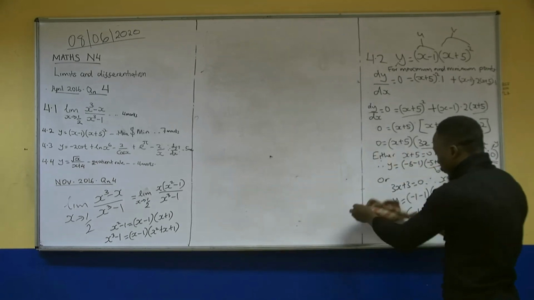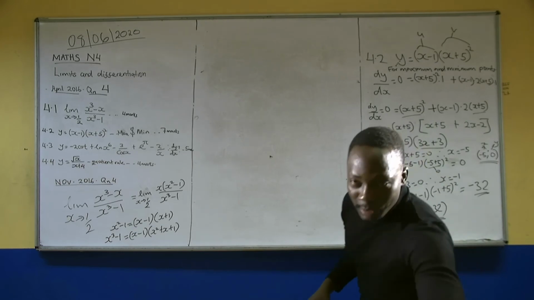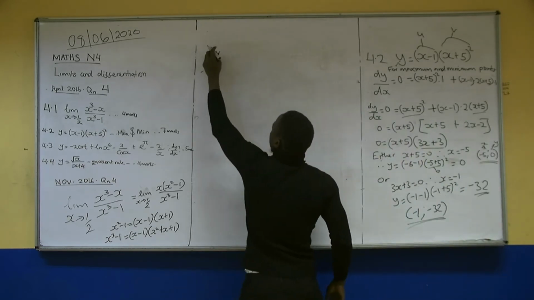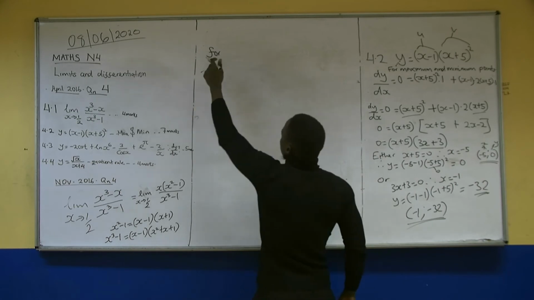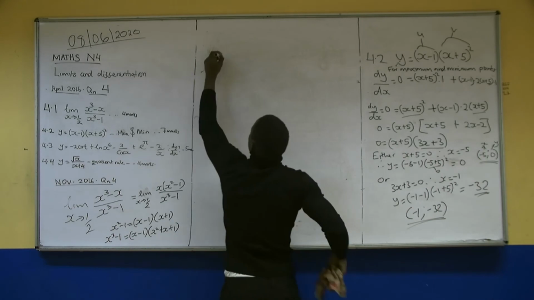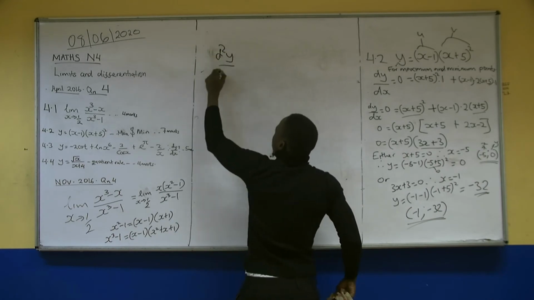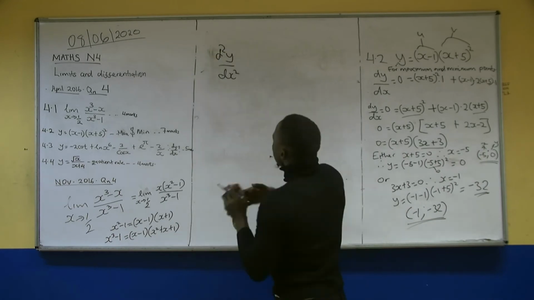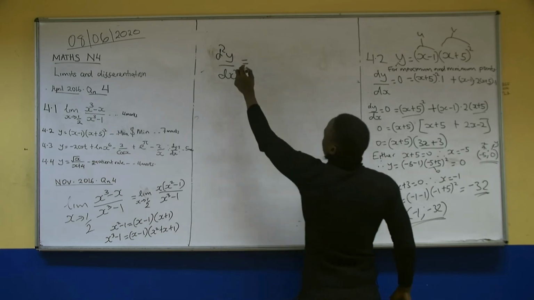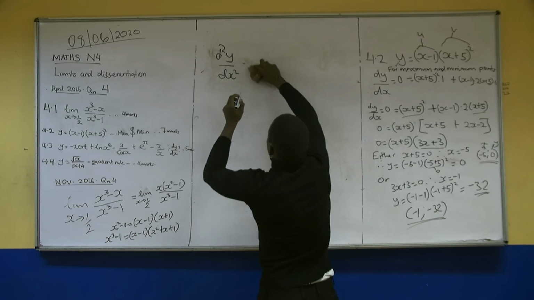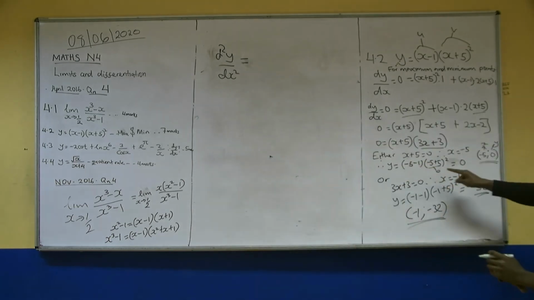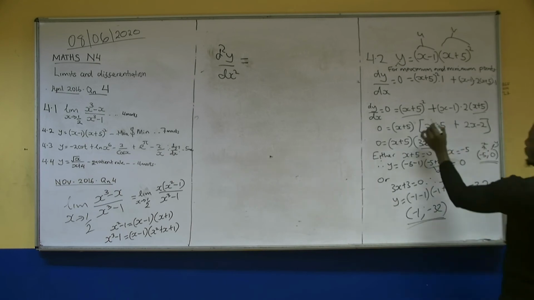Please, always go back to the question and read it a second time after solving, because you might jubilate, yet you have missed some marks. Therefore, to find out whether it is maximum or minimum, we have to differentiate the equation the second time with respect to x, d squared y over dx squared. Let's first differentiate it and see what happens.